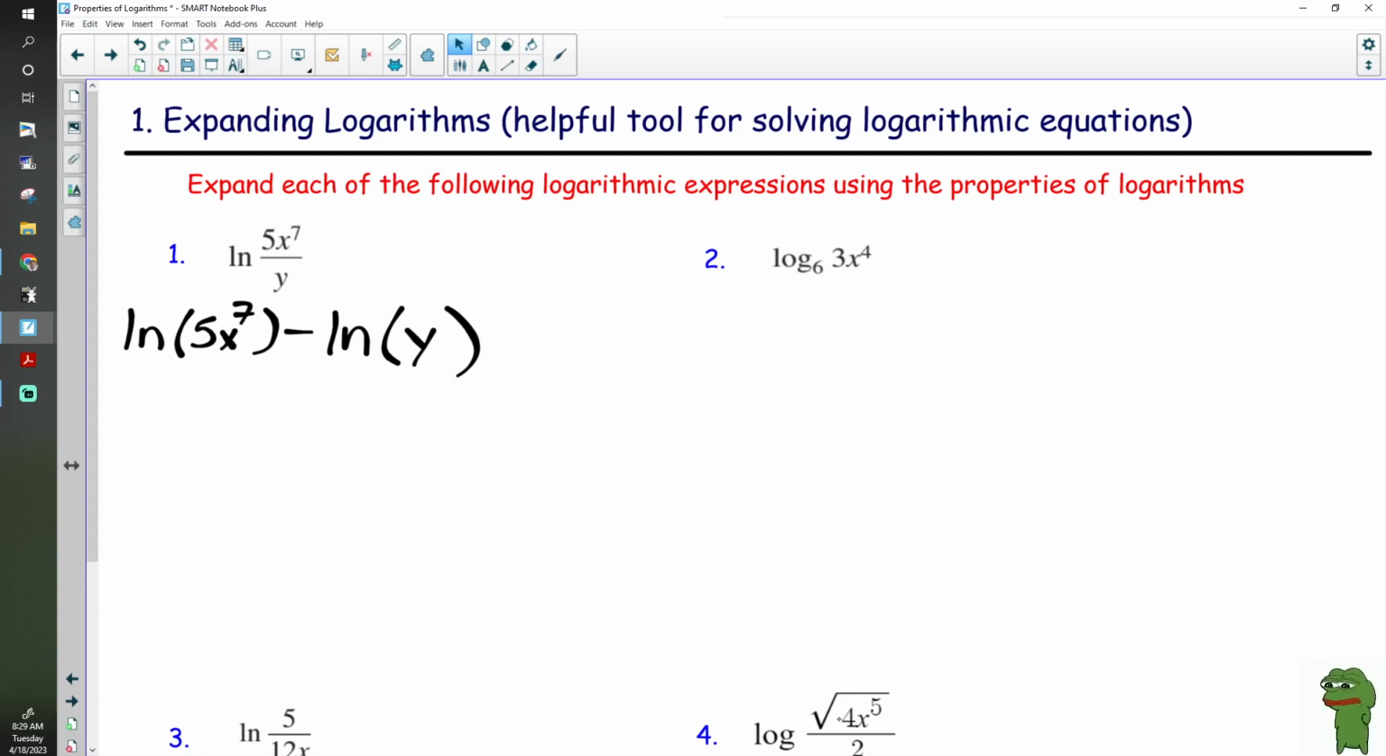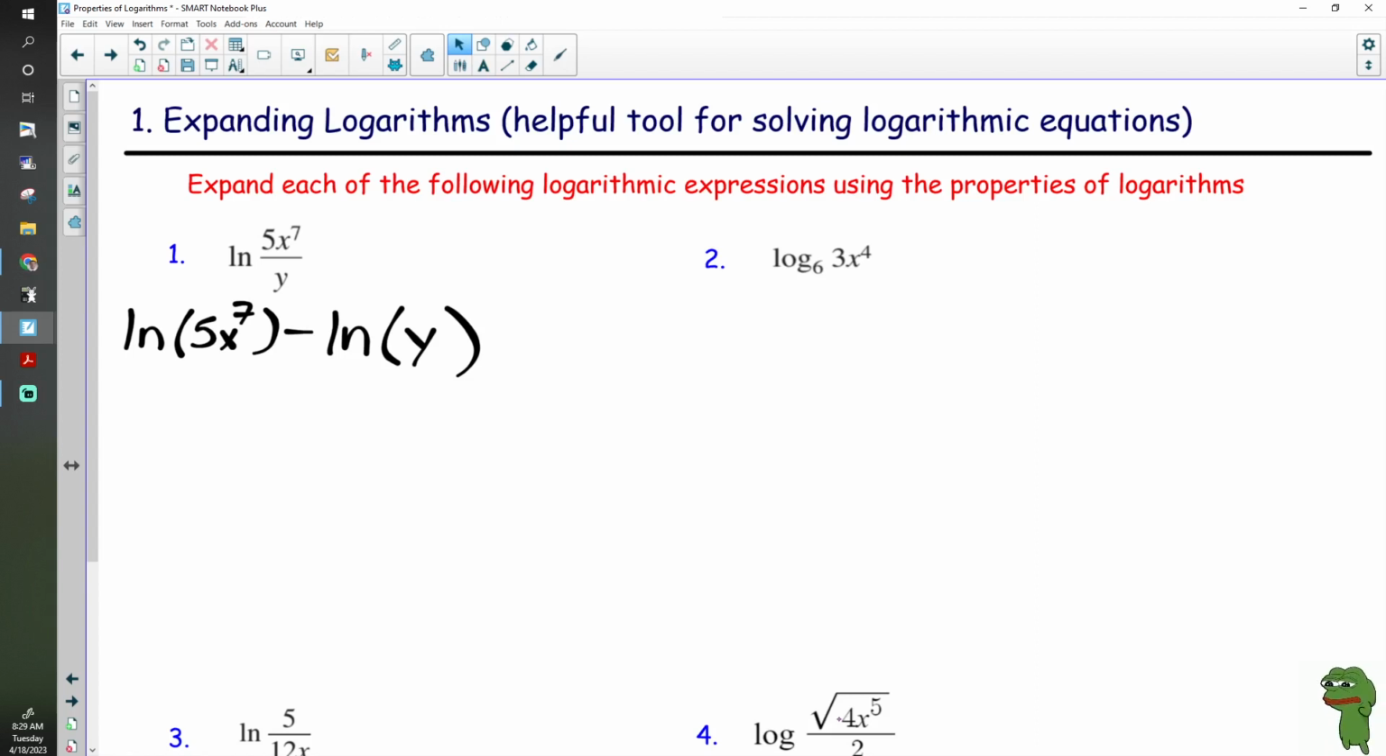Now here's the hard part. The question is, do I bring the exponent down now, or do I first separate them using the product property? If I bring this 7 down, out in front, what's wrong with that? There is an issue with that. What is that exponent directly connected to? The 7 is connected to the x, right? If I put the 7 out front,